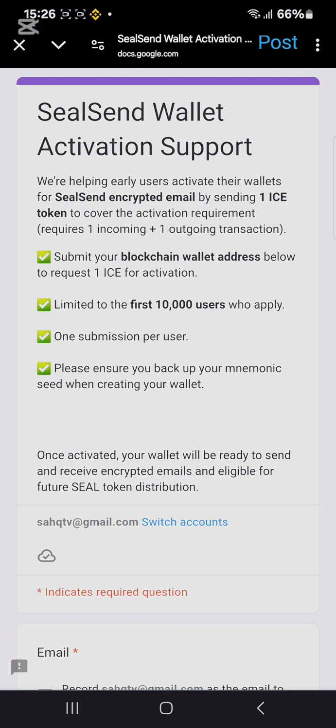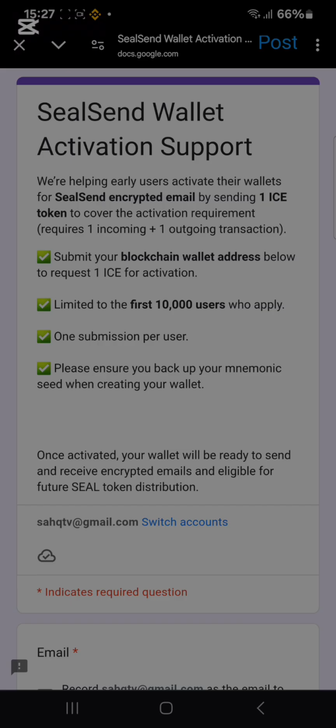Limited to the first 10,000 users who apply. One submission per user. Please ensure you back up your mnemonic seed when creating your wallet. That means you should write it down somewhere. Once activated, your wallet will be ready to send and receive encrypted emails